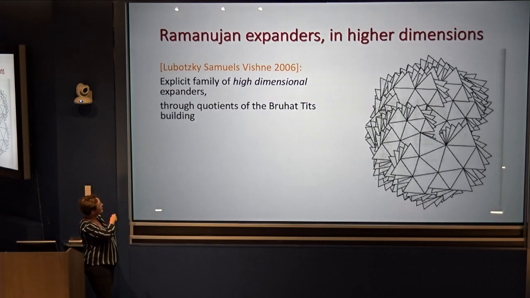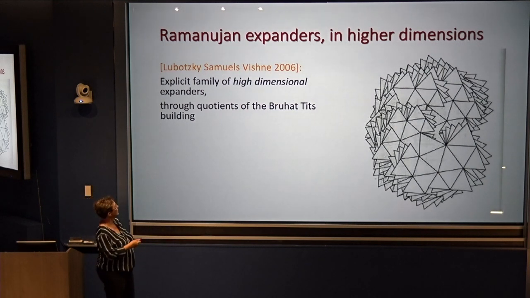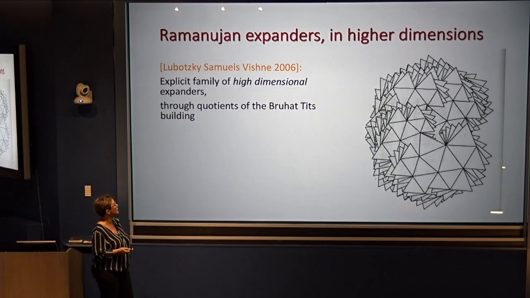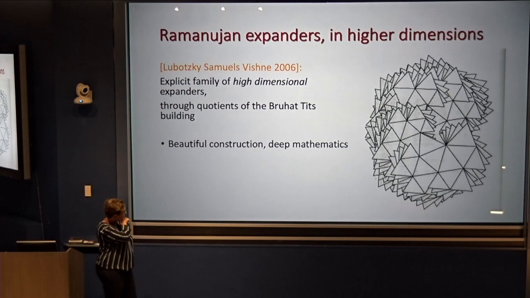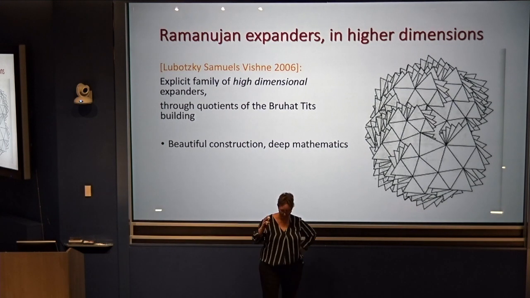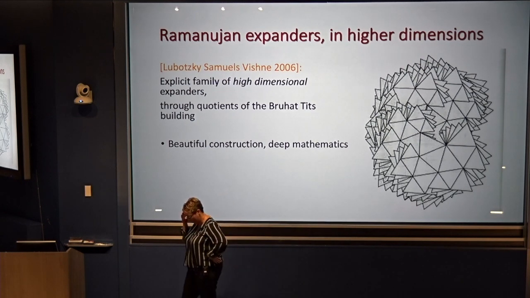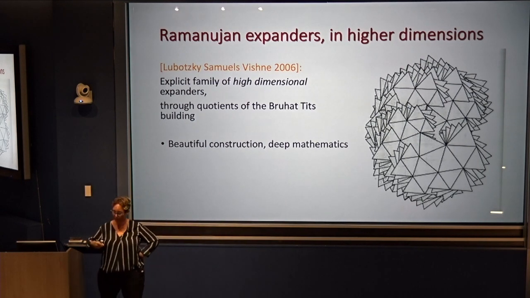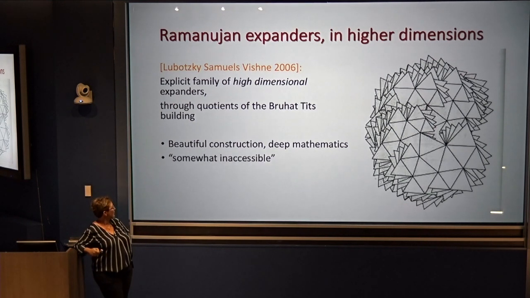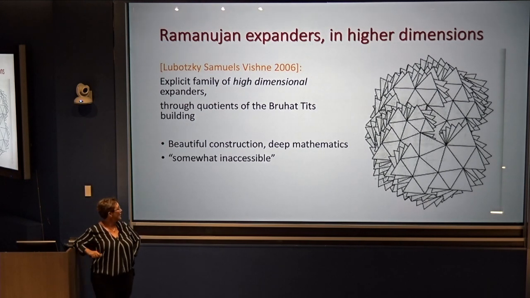Okay, so this is what they did. They took quotients of the Bruhat-Tits building, explicit ones, and they got this thing that they called the Ramanujan complexes or high-dimensional expanders. Okay, so really this is a beautiful construction. It uses very deep mathematics, and it has some really fascinating properties. The one problem is it's very inaccessible, or maybe I wrote here, it's somewhat inaccessible. Unclear if somewhat is stronger than very. But anyway,